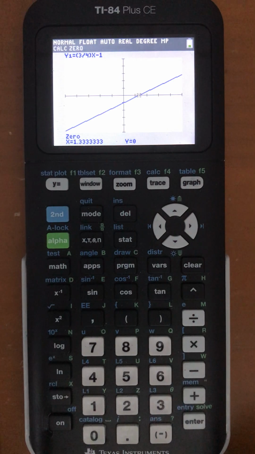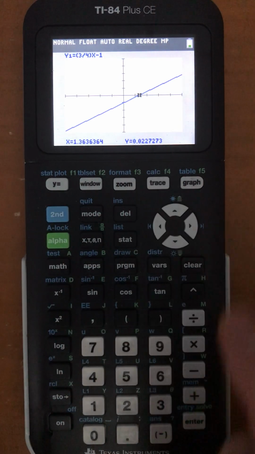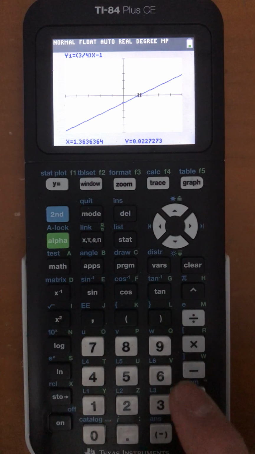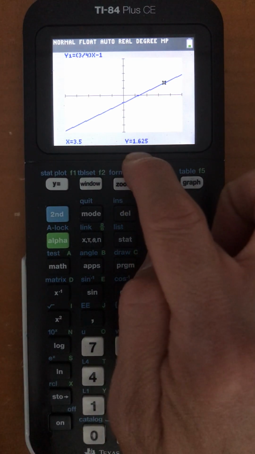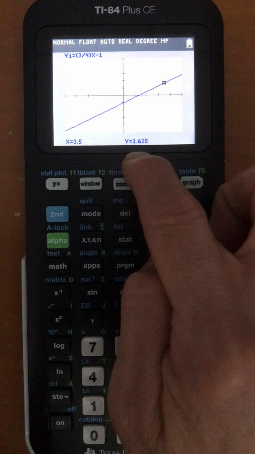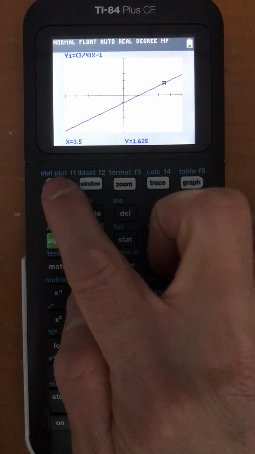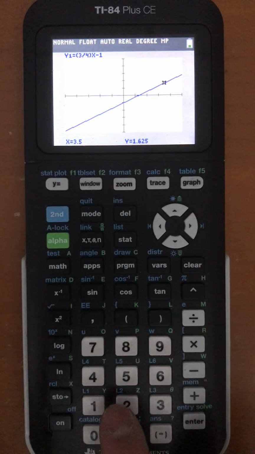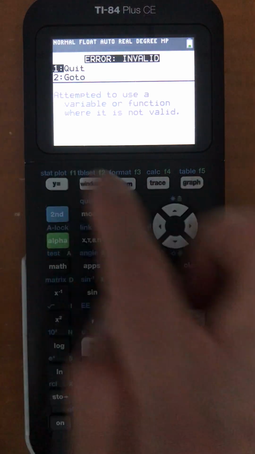Next one, determine the y value for the following x value. So this is a trace function, so hit trace, type in an x value of 3.5, and I get a y value of 1.625. Okay, and then type in an x value of 25, again a y value of, invalid, which means